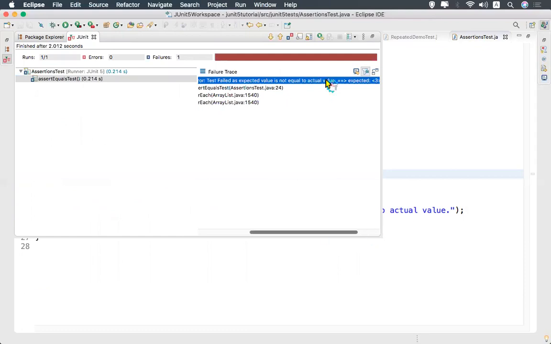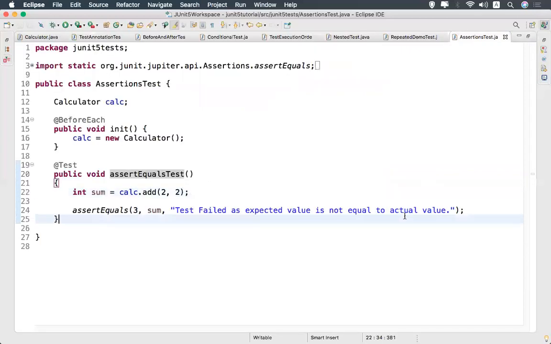After that, the system displayed expected 3 but was 4. Okay, this is also coming, but apart from that, you can put your own message. Test failed as expected value is not equal to actual value. Okay, so this is what assert equals means. If both, the expected and actual, are the same, then it passes the test case.